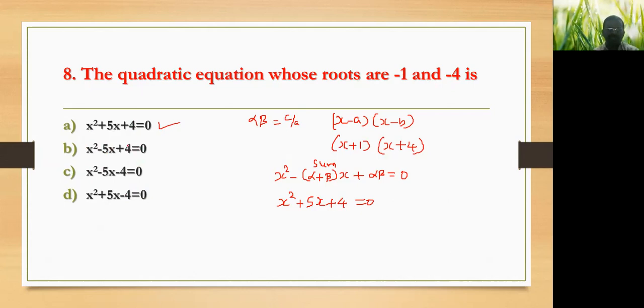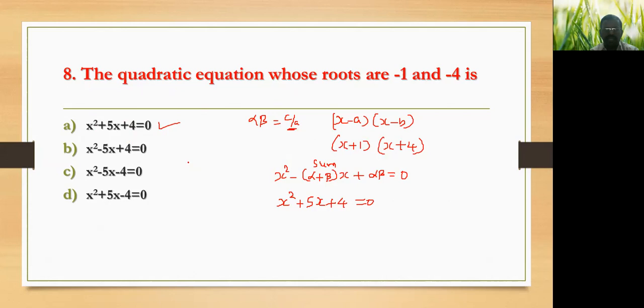Sometimes here it is plus 4, here they have given minus 4, minus 5, minus 6, different numbers are given. Straight away just check with the product of the roots, that is enough. Similarly, in reverse order, if they give a question like this and ask for the roots, that time also you can go with this method. Product of the roots should be equal to c by a.